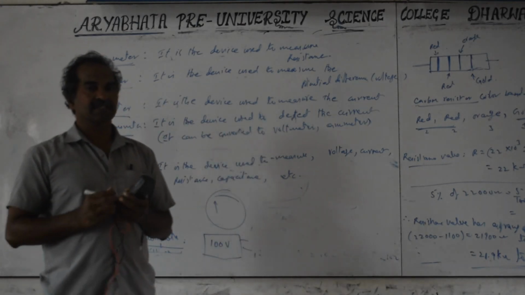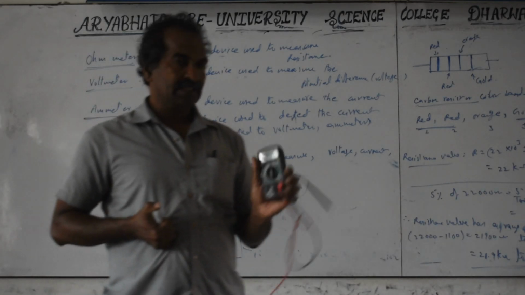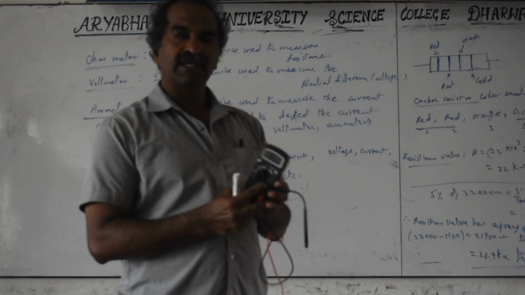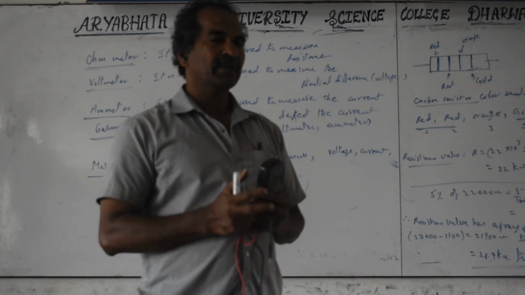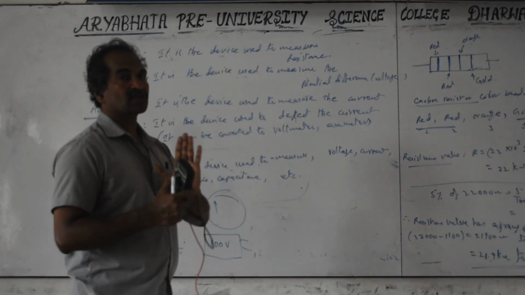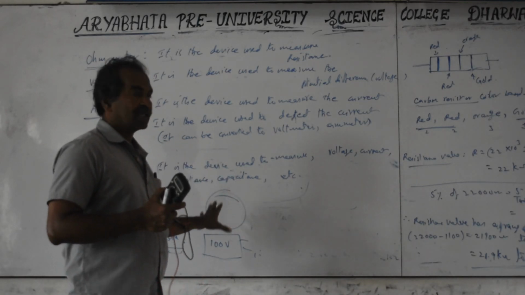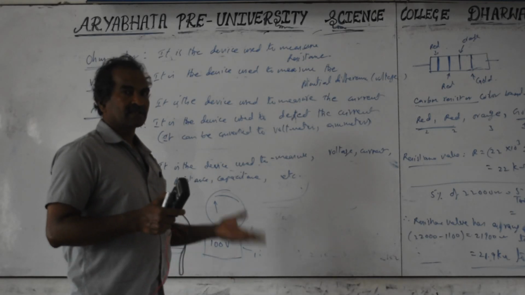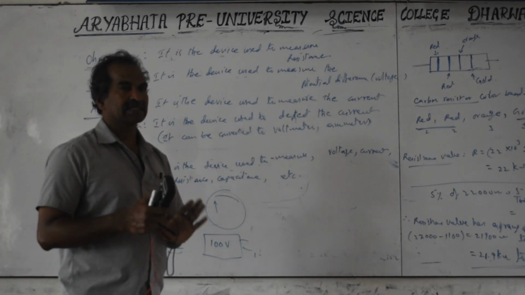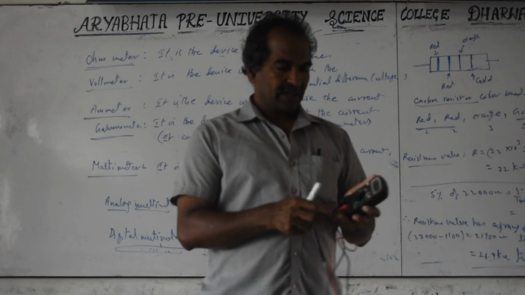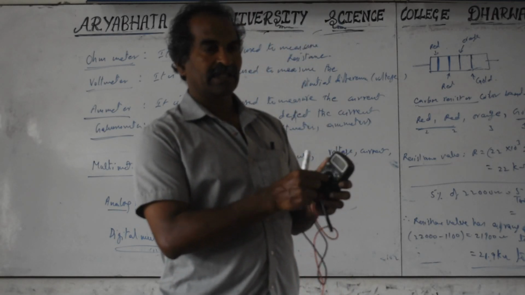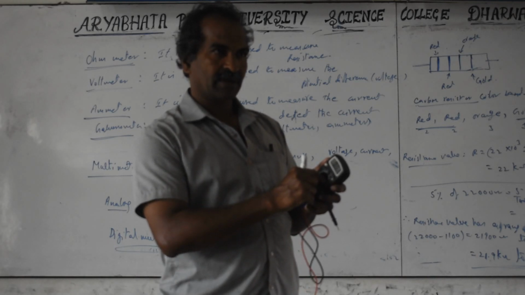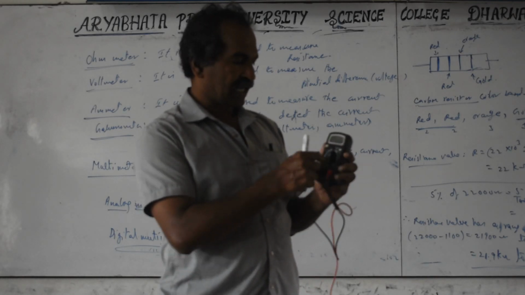This is the digital multimeter that we use in the laboratory. It works with a battery cell. For measurement of potential difference, voltage, a battery cell is not required for the analog one actually, but in other cases it is required. If you want to measure resistance or current, we have to pass a current, so automatically we use the battery cell inside. Here there is a knob to rotate to select whether you are measuring voltage or resistance; we have to select what you want to measure. And there is an off position also, and then rotate like this.